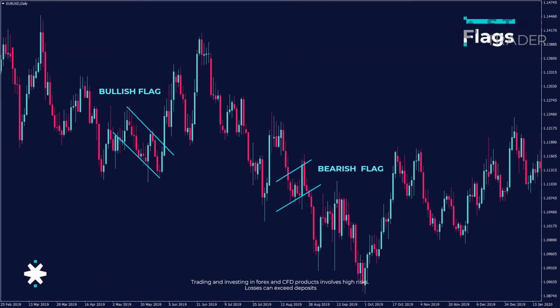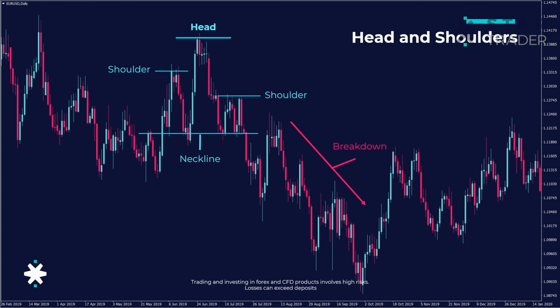Moving to the flags, the confirmation for the flags is the breakout. Once the prices break out of the flag, whether up or down, this is the confirmation. For a bullish flag, the break up is the confirmation, while for a bearish flag, the break down or break below is the confirmation. And I explained the confirmation for head and shoulders. I hope I answered your question clearly, and if any of you attendees have questions, do not hesitate to ask.